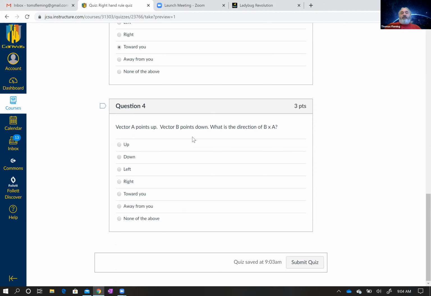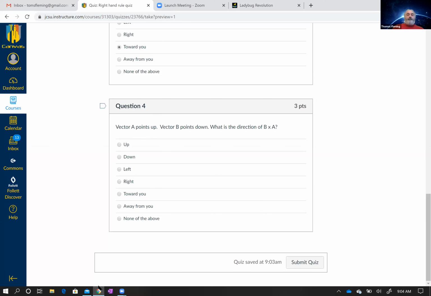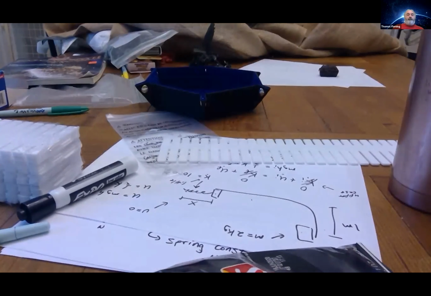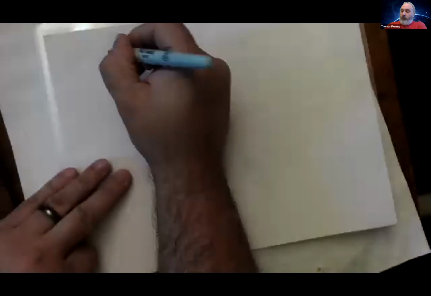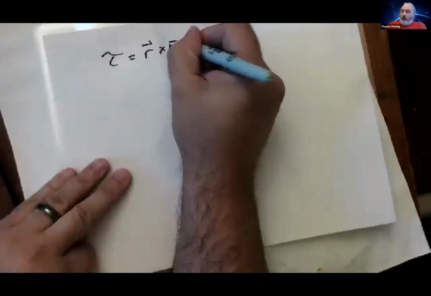Now, the last question is a little bit tricky. And in order for you to get that, you have to remember something. And that is, how do you actually evaluate one of these torque vectors? Let me switch the screen share over to the camera so I can draw. Because what's going to happen here is, since torque is R cross F,